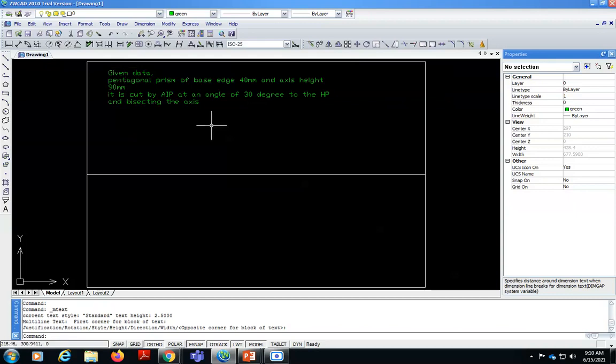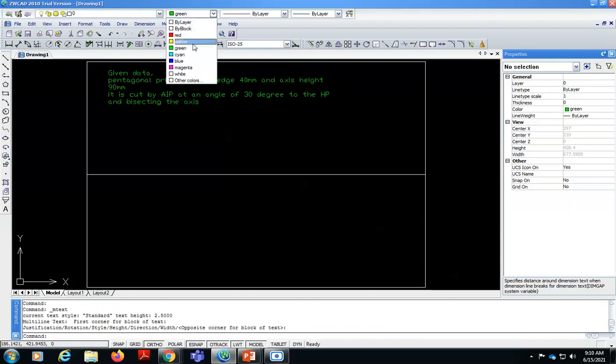So here you can see the given data: pentagonal prism of base edge 40 mm and axis height 90 mm, and it is cut by auxiliary inclined plane at an angle of 30 degree to the HP bisecting the axis.